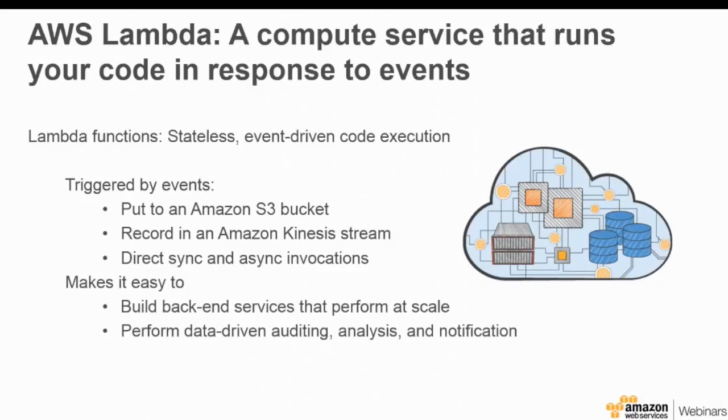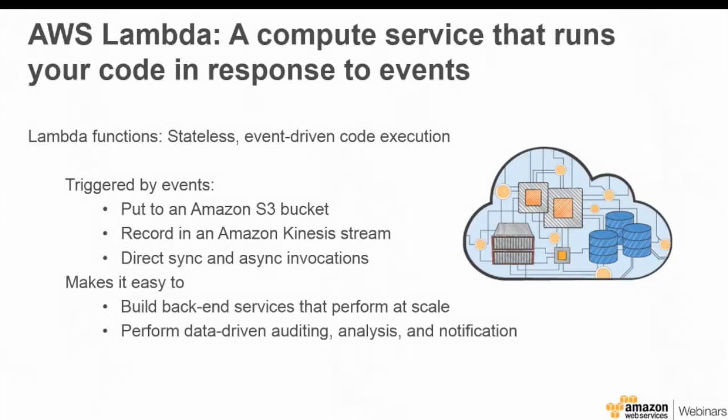For example, you can trigger AWS Lambda functions to automatically create a thumbnail when an image is uploaded to Amazon S3. You can respond to notifications that are sent from Amazon SNS. You can verify address updates in an Amazon DynamoDB table, or you can even process clickstream data in an Amazon Kinesis